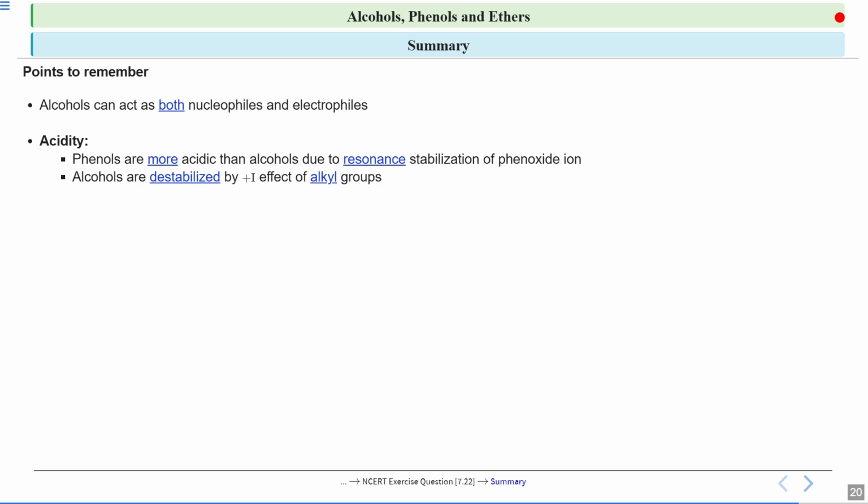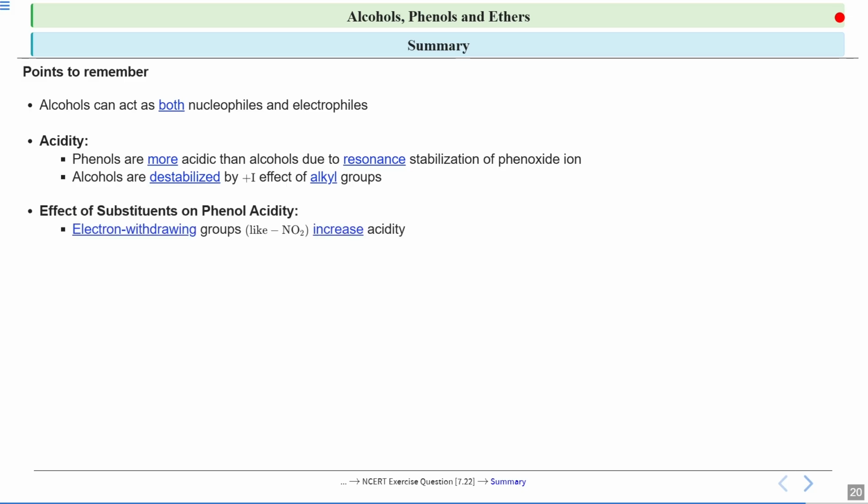I told you that if alkyl groups increase in alcohols, the OH bond will become less polar. And if the OH bond becomes less polar, it will not easily donate its H plus ion. So acidity will decrease. So primary is most acidic, then comes secondary, and tertiary is the least acidic. Okay, and we discussed the effects of substituents on phenols, that if electron withdrawing groups are attached on phenols, it will increase the acidity because they withdraw electron density. And if donating groups are attached like the CH3 group, they decrease the acidity because they donate electron density. It will make the OH bond less polar.